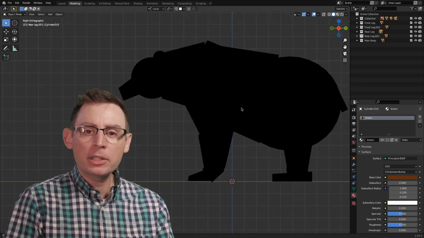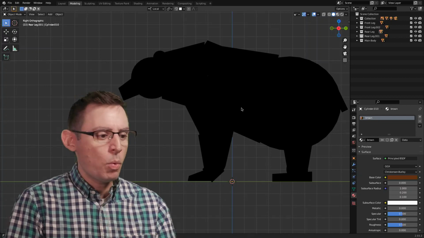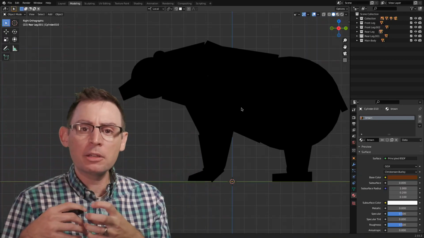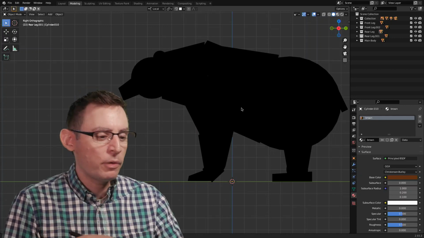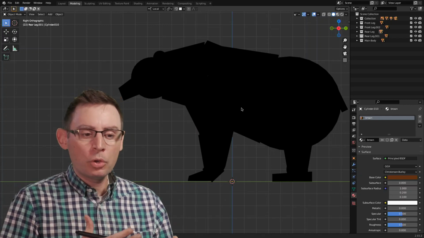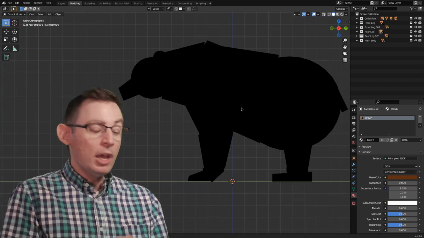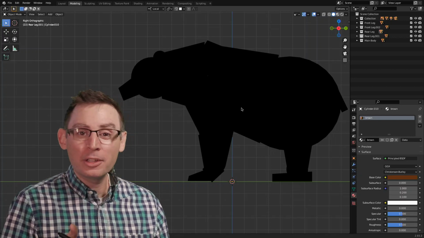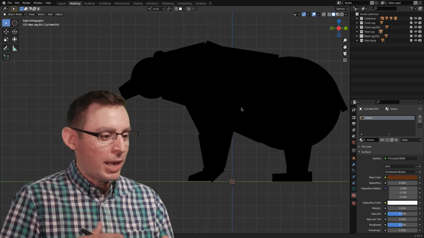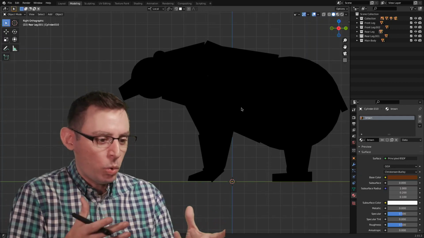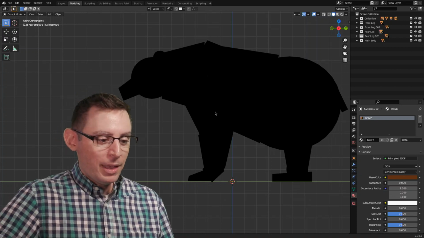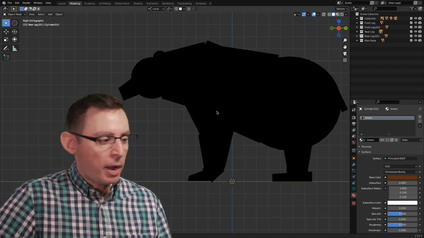And I start asking myself questions. Is this looking the way I want it to look? From a big view, without any of that interior detail in the mesh itself, are we achieving the visual goals that we set out to achieve? The big question here is, does it look like a bear in silhouette? If we were to turn off all the lights and just see a shadow of this character, would we still understand what it is that we're looking at? In my case, I'm there. I think I've nailed it.